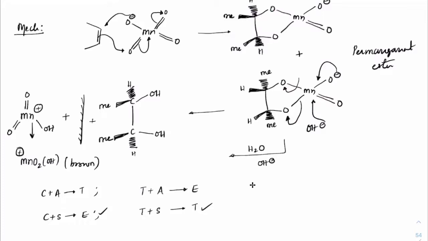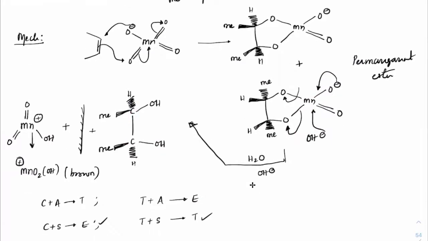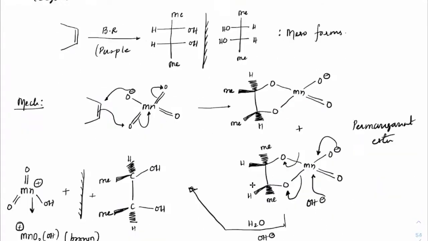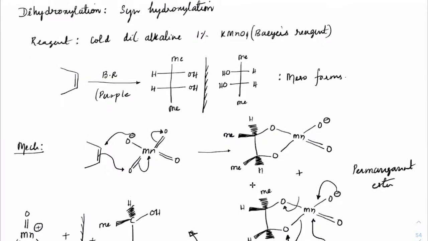Yeah. Sir, I mean after the third compound, two times the H2O and OH minus attacks are only there. O minus attacks here. Then this O minus will become a double bond. This would come as O minus. One step. Second step, OH minus is attacking on manganese. This O minus will come out. Got it? So after both of those steps, we'll get this. Ha, beta. See, because we will have this compound also, no? This one as well as this one, right? Both would be there. So a racemic mixture is formed. But in this case, it is meso form. So only one product.